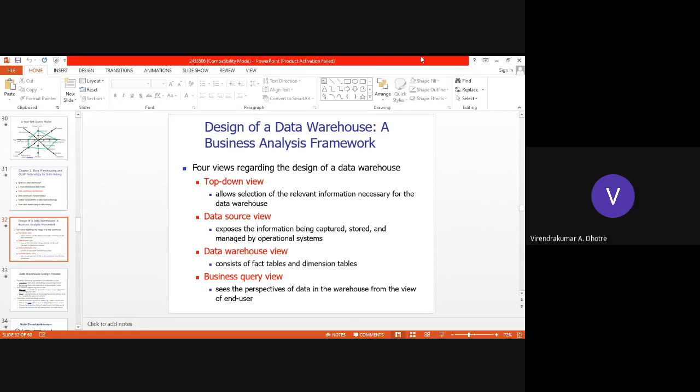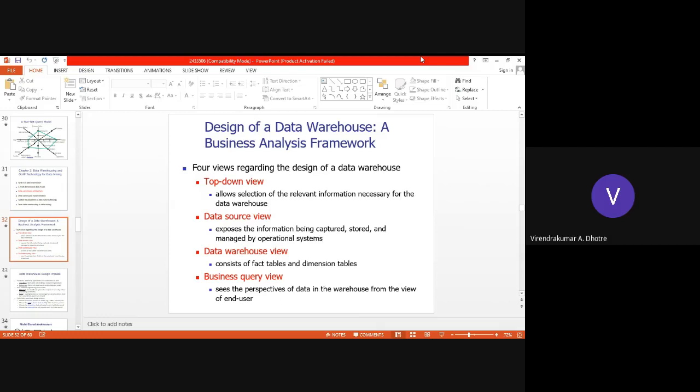Second view is data source view. So from where I should collect the data, right? Tremendous data we are going to process, we store, we analyze, like ETL, extract, transform, and load. And we think of what kind of source it will give us.